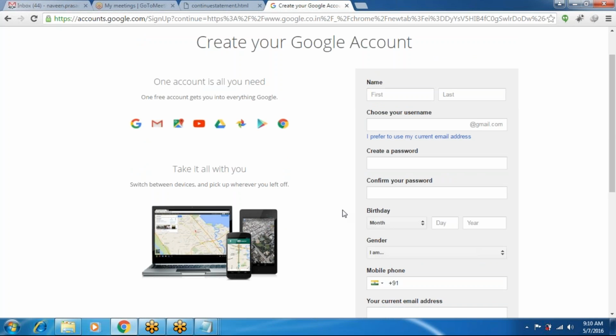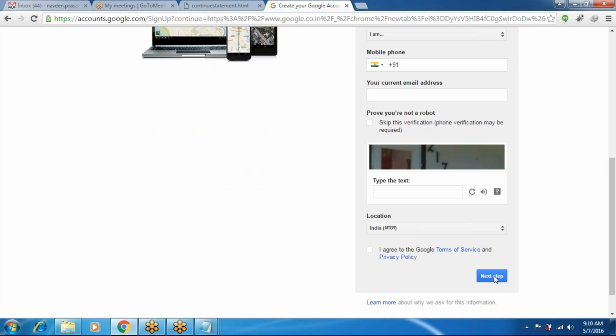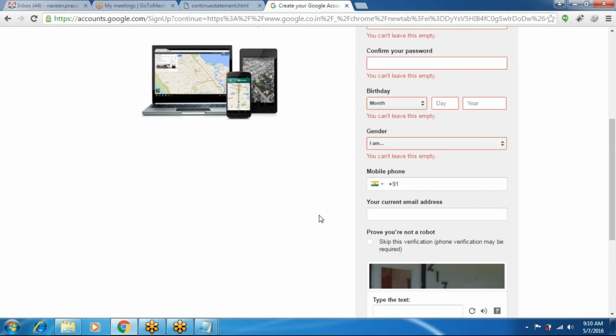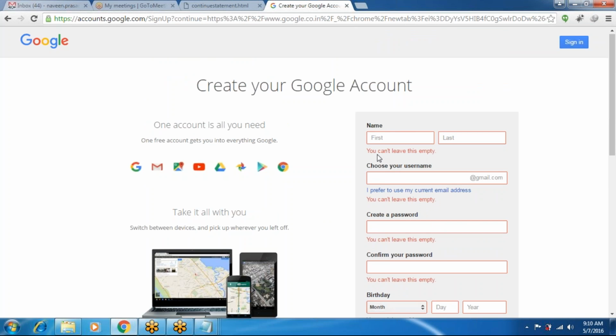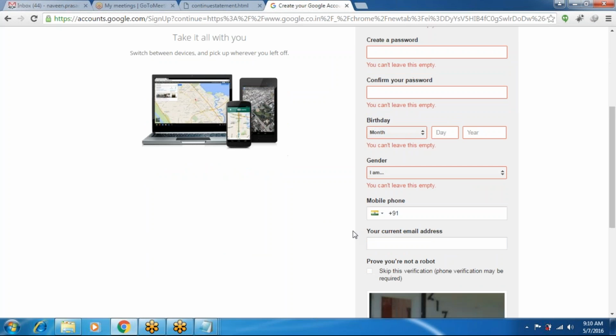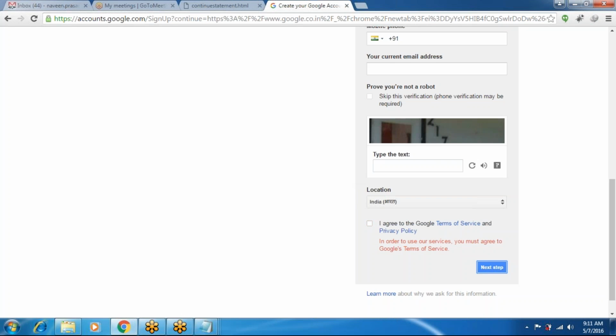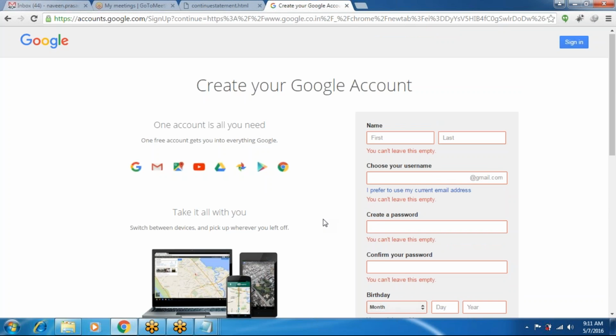Without entering all these values in the text boxes, if you click on next step, you will get validations like this: you can't leave this empty. So we must enter all these values, and after successfully entering them into the text boxes, you can go to the next step. Otherwise you can't move to the next step. So like this we can write the validations.